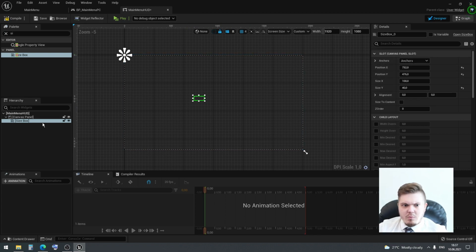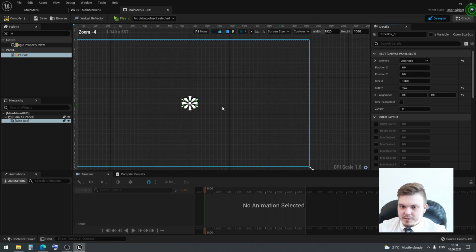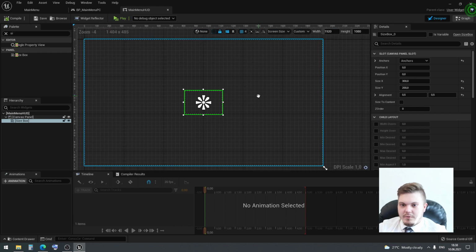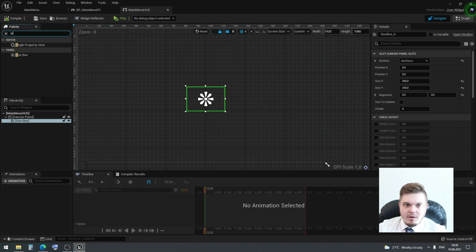In my case I want the size box on the center. Then here is alignment 0.5, 0.5. Then I don't know, maybe 300 and, I don't know, 200 for example. And then you can place here your